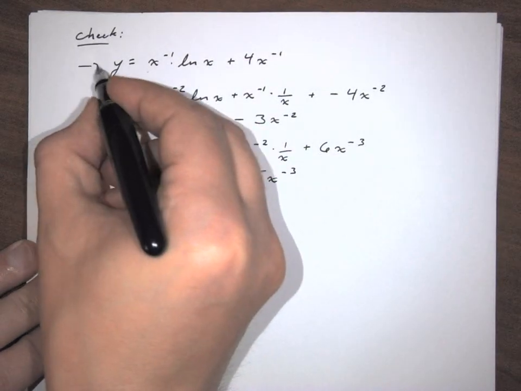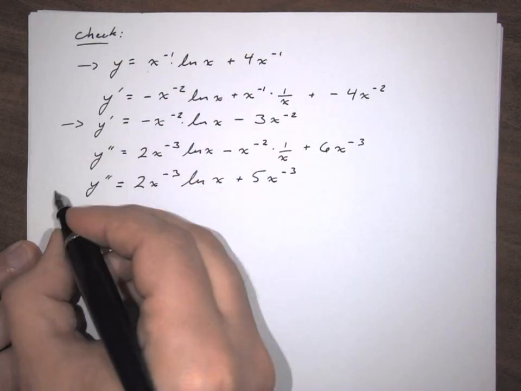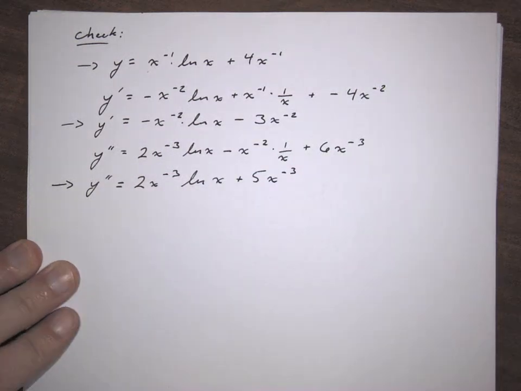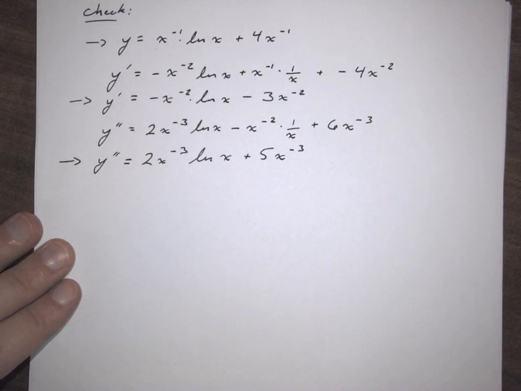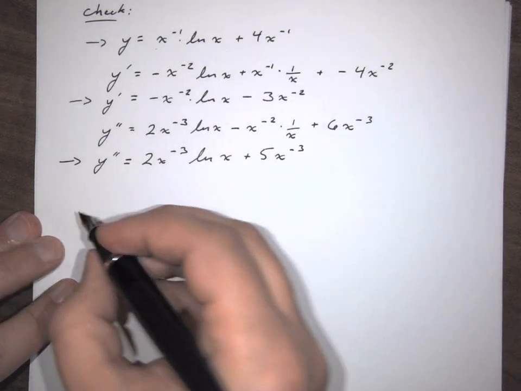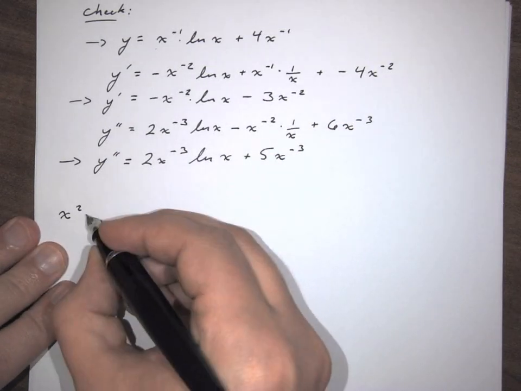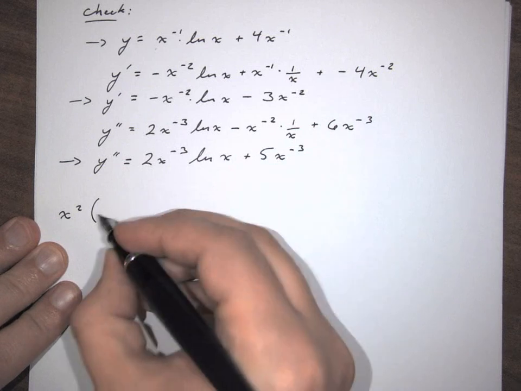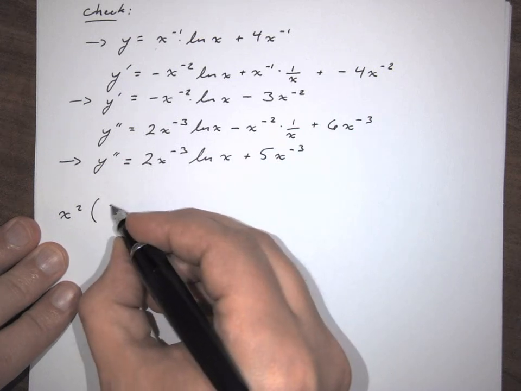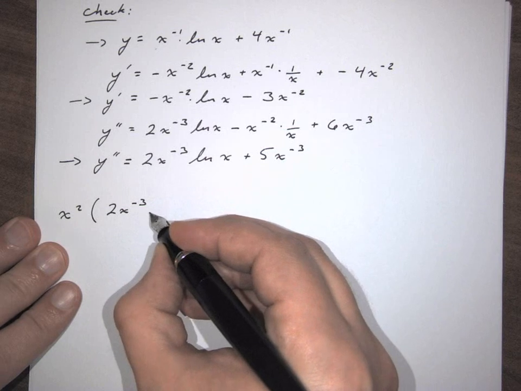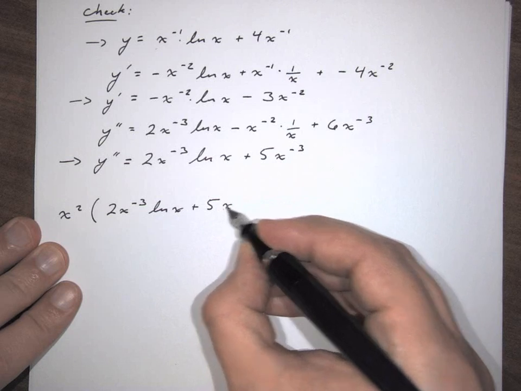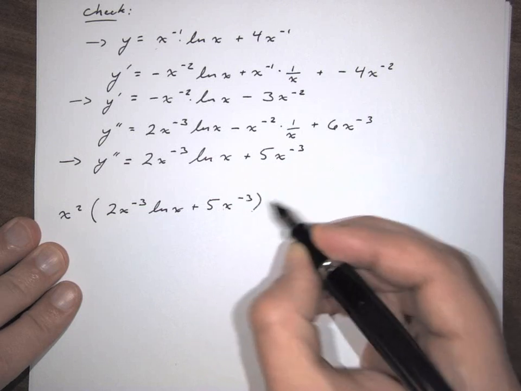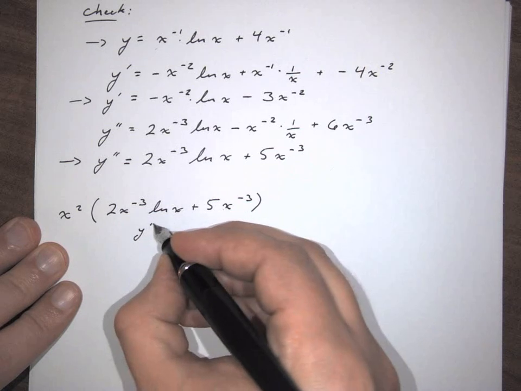Alright, so there's y prime, and there's y double prime. Those are the three characters that are going to be put into action in our little differential equation. And to verify that it all checks out, we need x squared times y double prime. So it's going to be 2x to the negative 3rd ln x plus 5x to the negative 3rd. So this is the y double prime there,